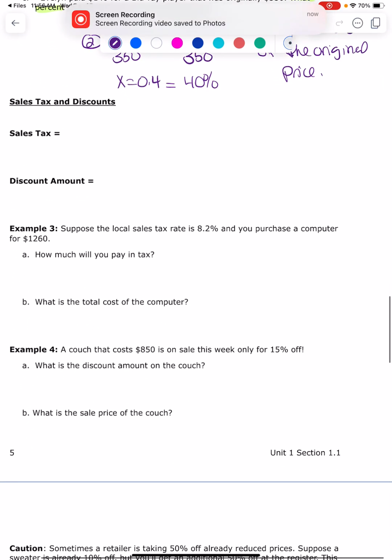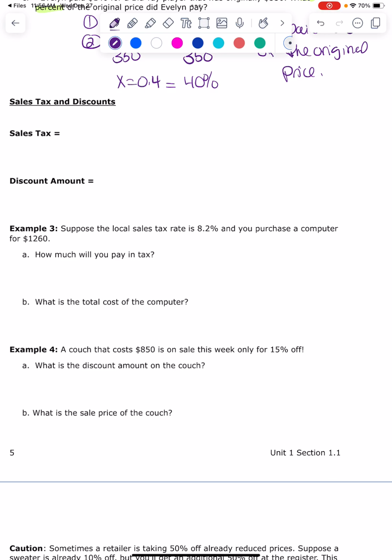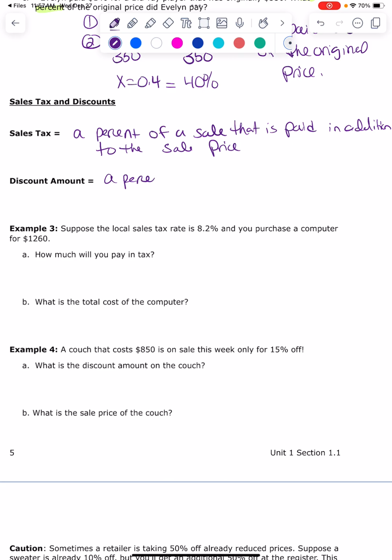Sales tax and discounts. So this is probably the most common place that you guys will encounter percentages in real life. So sales tax is a percent of a sale that is paid in addition to the sale price. So that's paying more, and then a discount amount is a percent of a sale